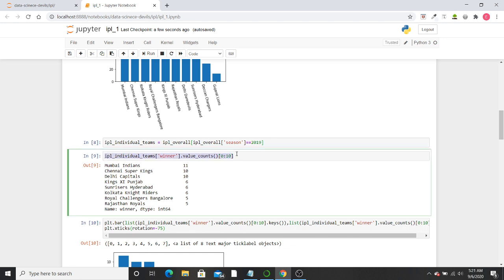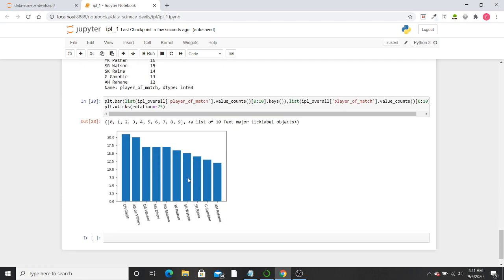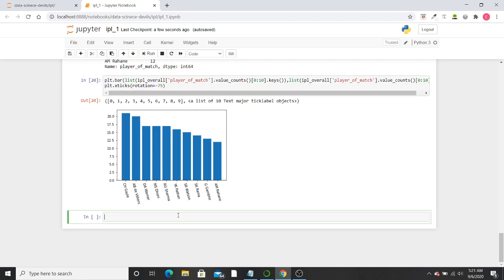So for analyzing it, I'll copy this, as we are using the same function, we are only changing this name. So the name was player underscore of underscore match.